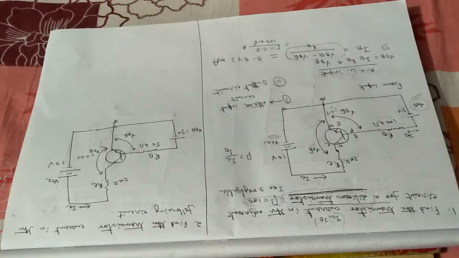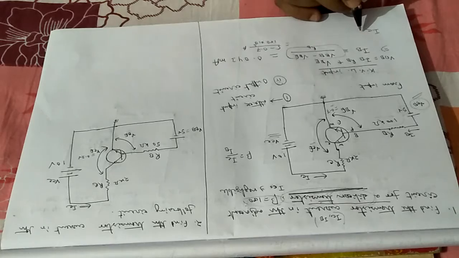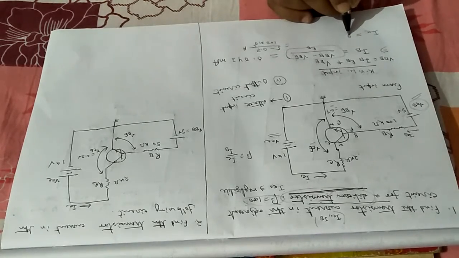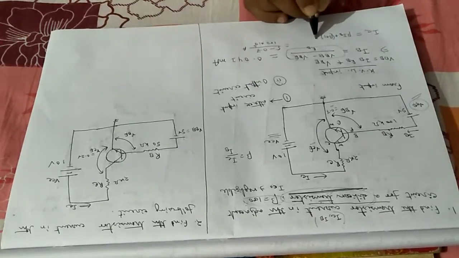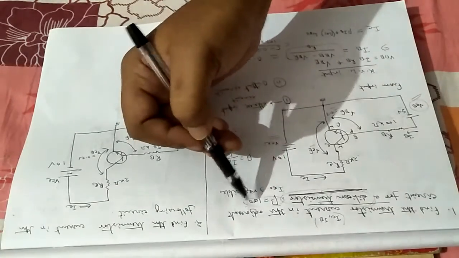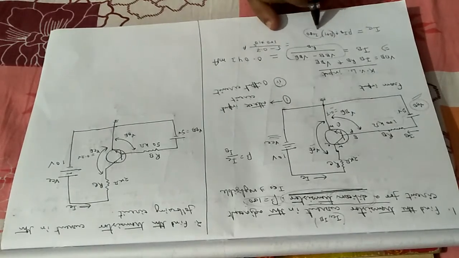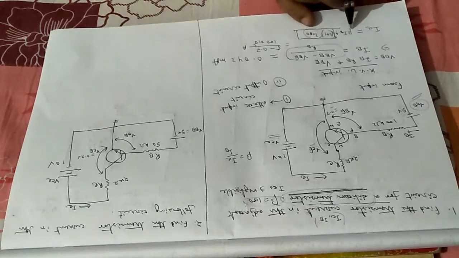Other transistor current, that is IC. How to calculate IC? You know the basic formula. The relationship between IB and IC. The relationship is like IC equals to beta IB plus beta plus 1 ICBO. Leakage current, anything about the leakage current is told in the question? No, nothing about the leakage current is told. So I will consider the leakage current is 0 or negligible. So I will ignore this part.